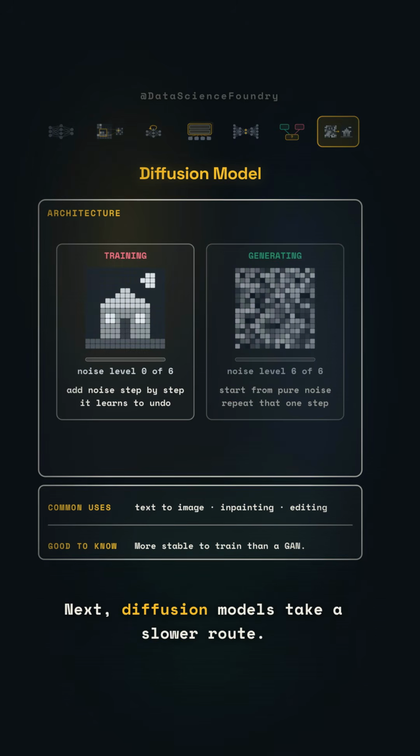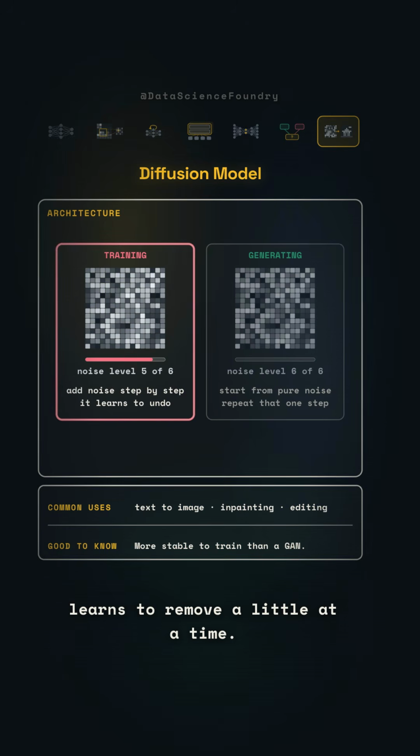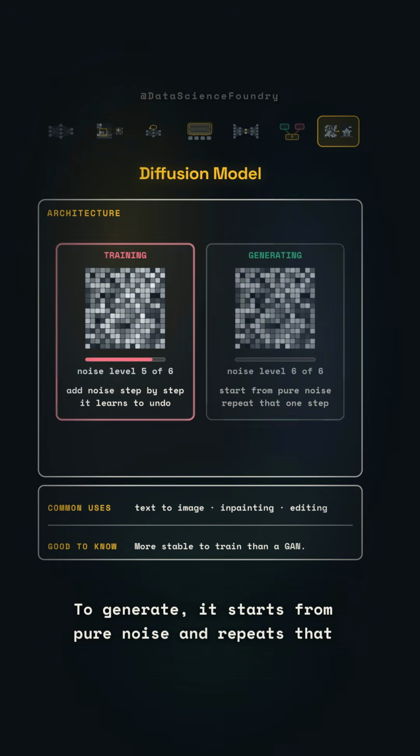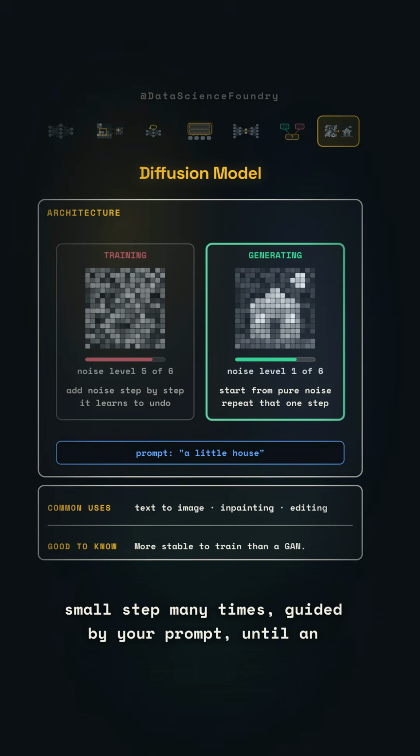Next, diffusion models take a slower route. In training, they add noise to a real image, and the model learns to remove a little at a time. To generate, it starts from pure noise and repeats that small step many times, guided by your prompt, until an